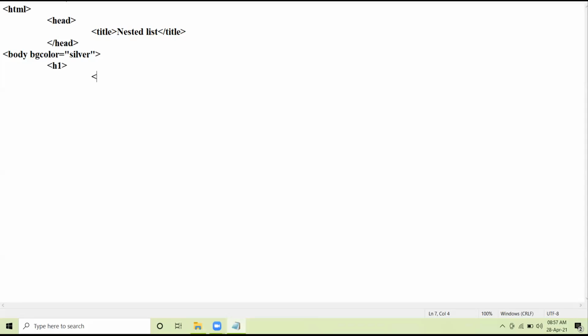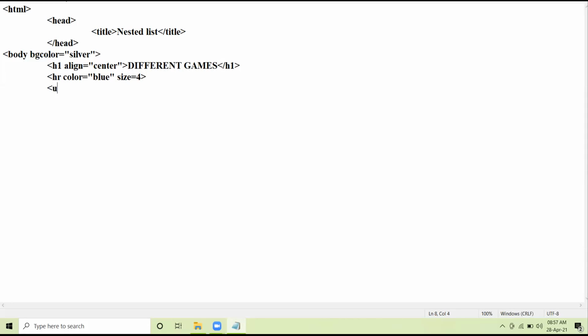First of all, I'm taking here a heading, align equal to center, different games, and H1 closes. Here I take the HR tag, HR color equal to blue, and size of it is 4.